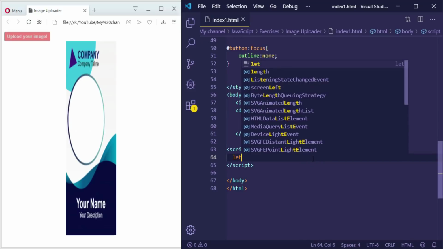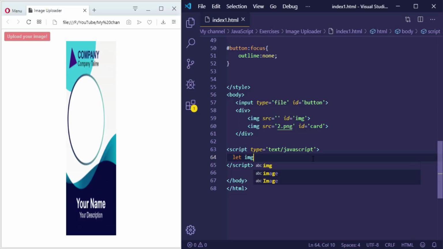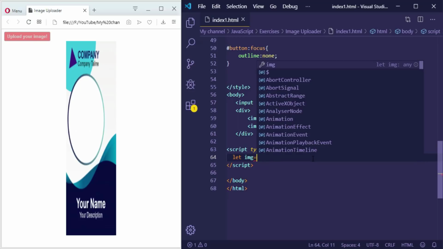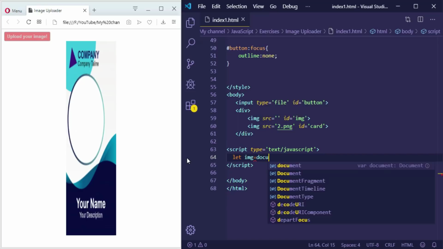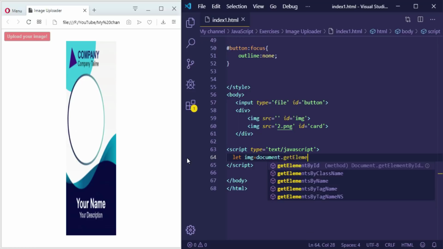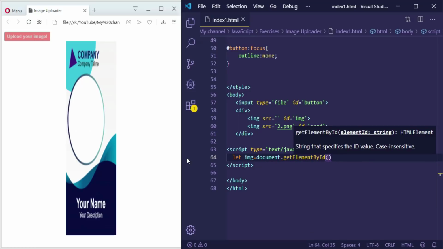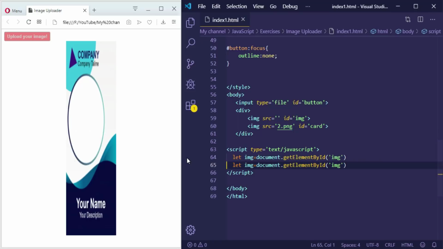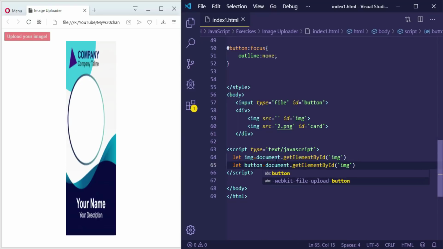So let me define a variable. Let me call it img to access the image that the user will upload. So document dot getElementById, and the ID is image. Let me create another one to access the input button. Let me call it button,